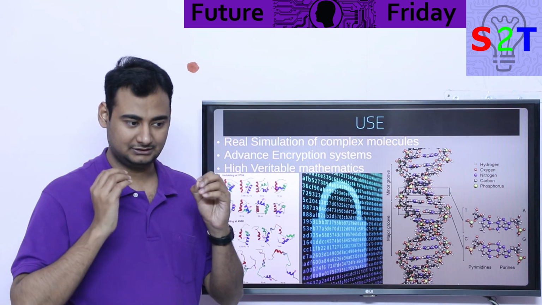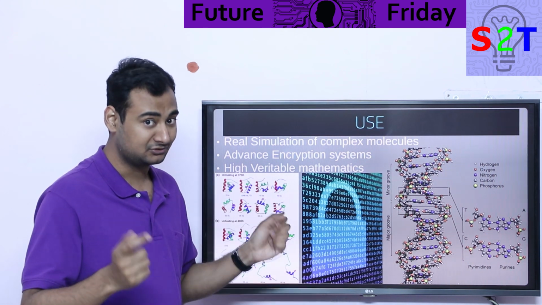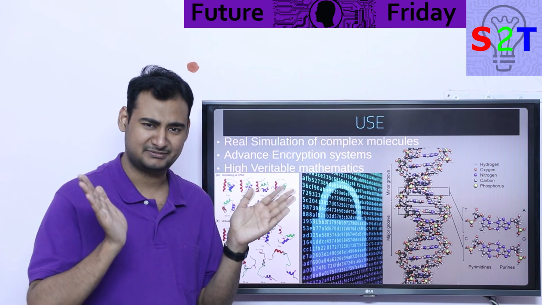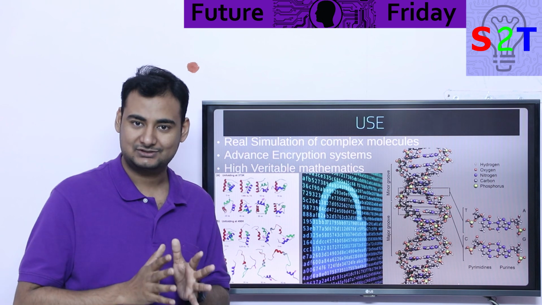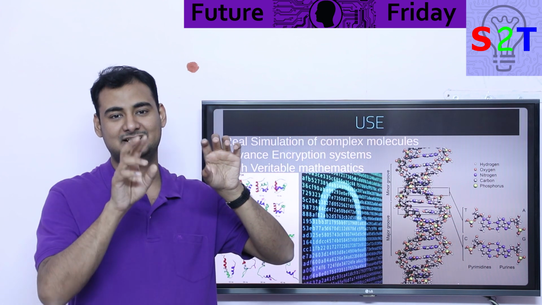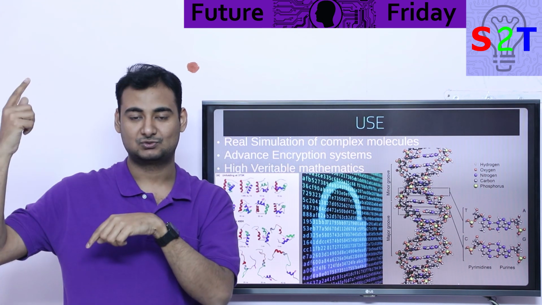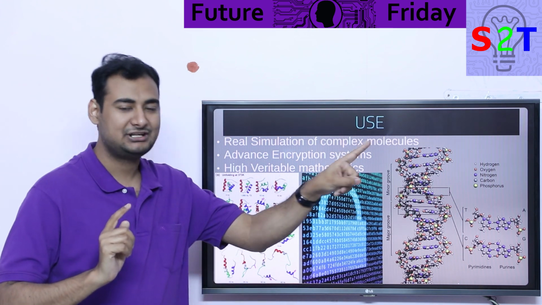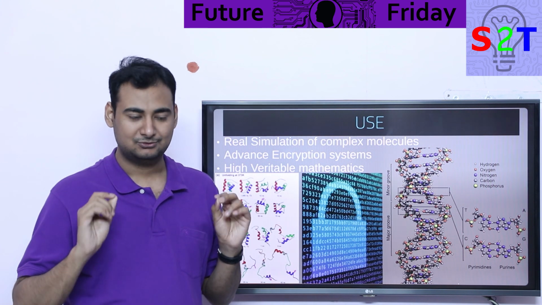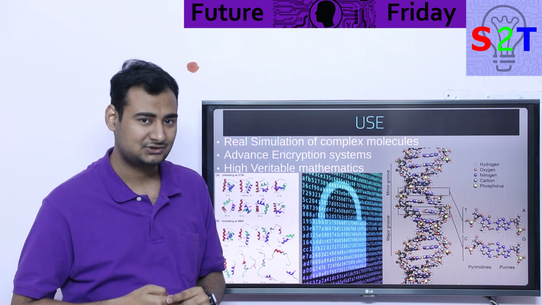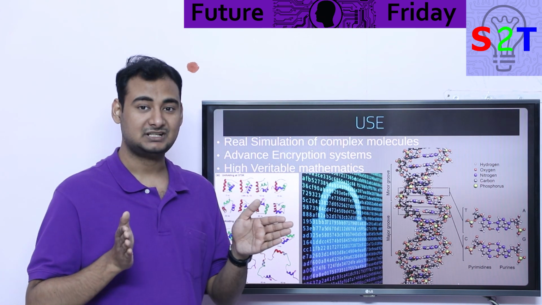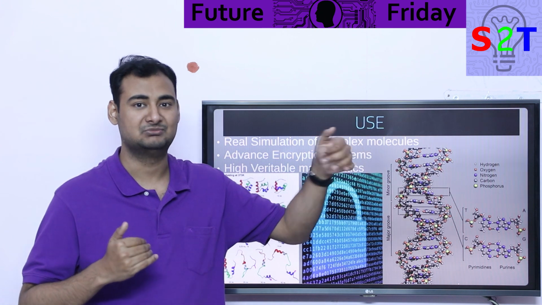And then we come to the money maker for every Tom, Dick and Harry, including the people who make the money: high variability mathematics. Now again, this is the dumb way to put it, there is a mathematical way to say it, but this is all there is to it. If you have to find x, and x equals y plus z plus a plus b plus c, and all of them have probabilities. It's like finding an exact roadmap from point A to point B. How many traffic signals you have, how many states those signals can be in, because they can be red, yellow, or green. So there are three states, and all these states pile up in how much time it's going to take.